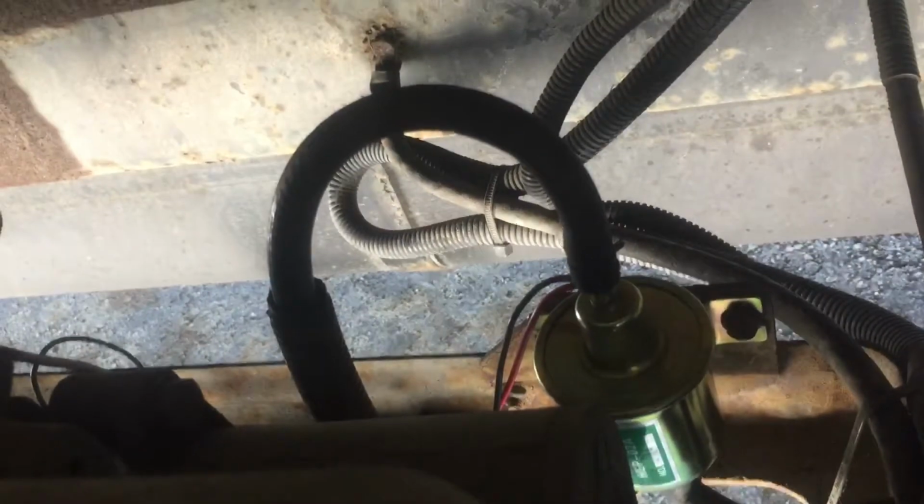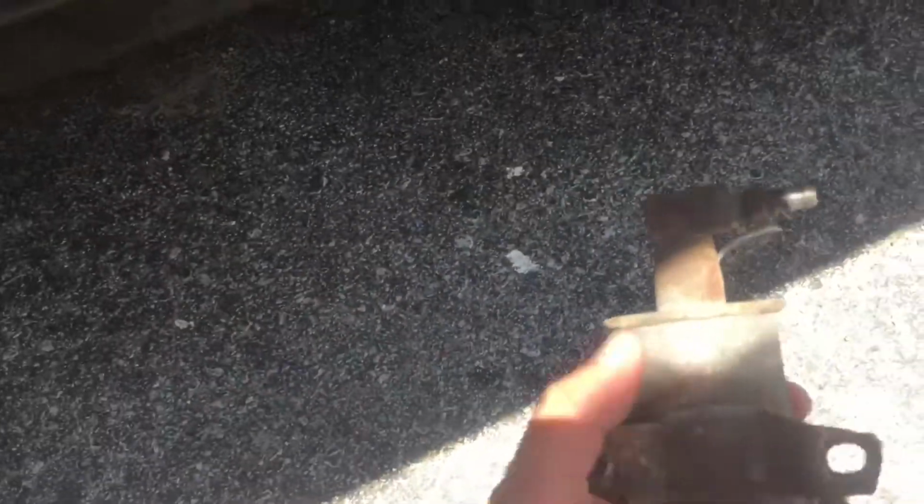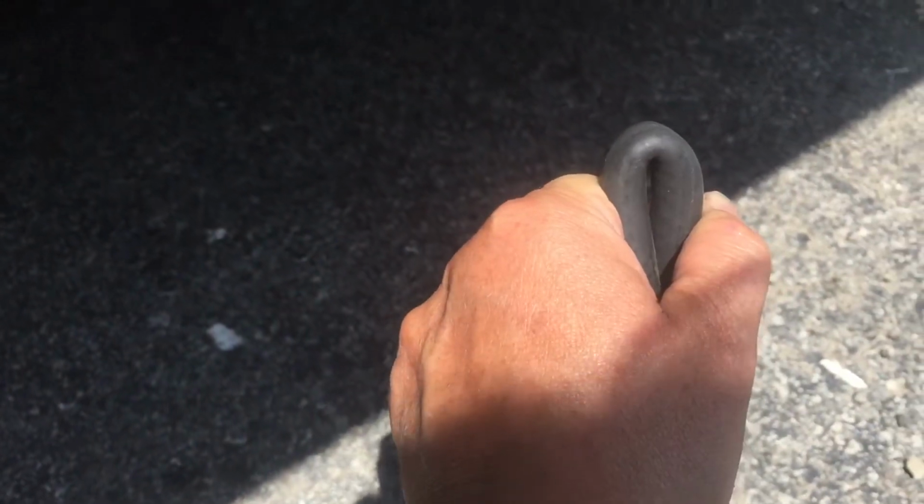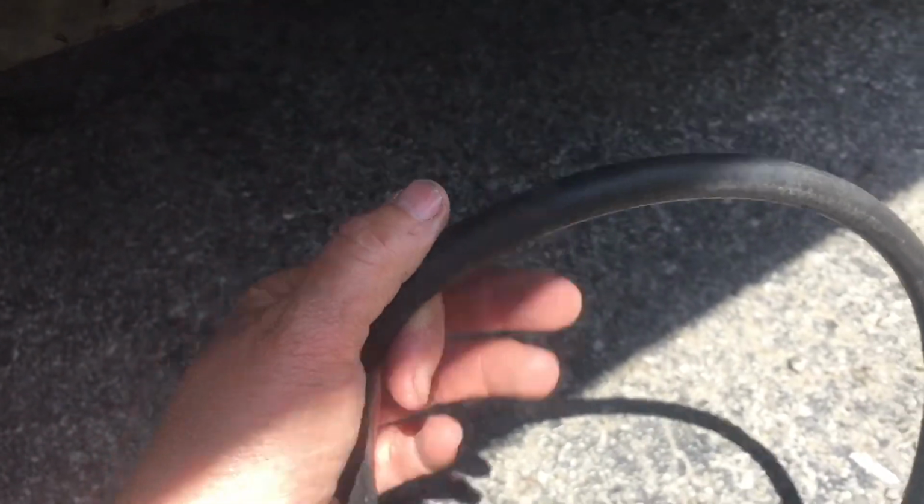One thing, I did end up having to buy a longer fuel hose because the ports on this new fuel pump are longer than the old one. Here's the old one. And the fuel line did not reach up to the top of the new one without turning like this and basically pinching off my line. So I had to get a longer fuel line just so I could loop it around a little more